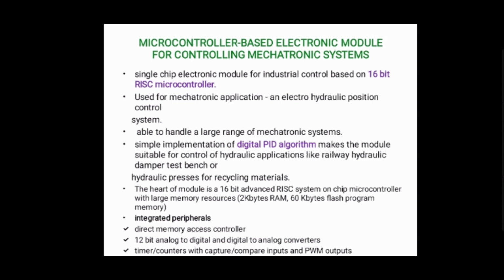It is able to handle a large range of mechatronic systems, and simple implementation of a digital PID algorithm makes the module suitable for control of hydraulic applications like a railway hydraulic damper test bench or hydraulic presses for recycling materials. The heart of the module is a 16-bit advanced RISC system-on-chip microcontroller with large memory resources. For example, it has 2 kilobytes of RAM, 60 kilobytes of flash program memory, and it has integrated peripherals,